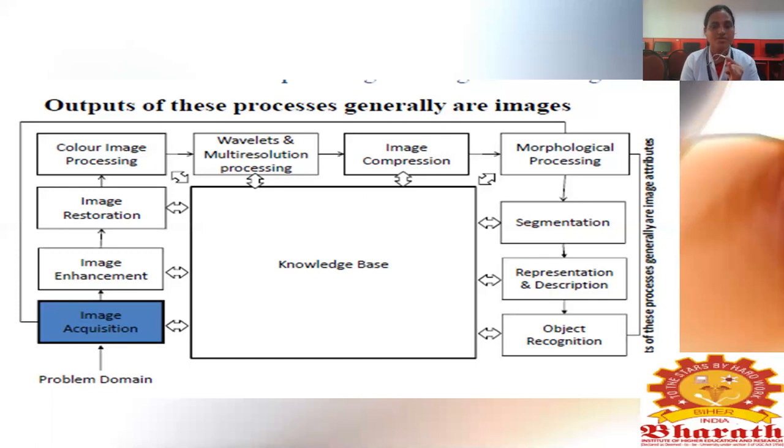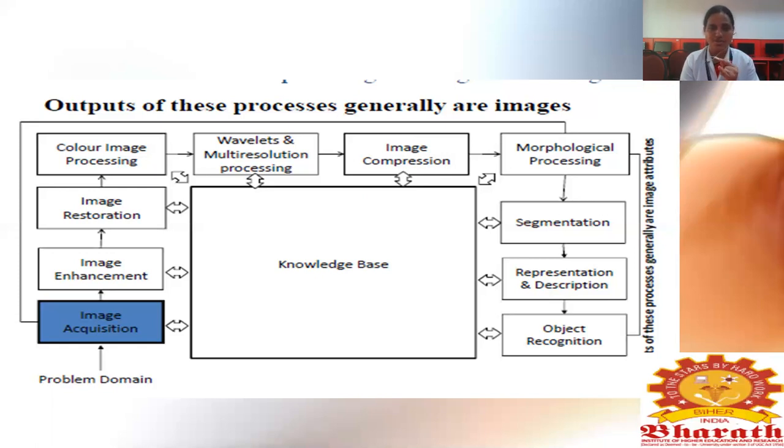And wavelets and multi-resolution processing: here you will be working on the resolution of the images. If you are viewing your image on a phone, as well as on PCs, laptops or smart televisions, the resolution should not change. When you see images on the phone and then the same images on the laptop or computer, the resolution will not change; it should look like the original image. That is wavelets and multi-resolution processing. You can go for this step when you are working on the resolution of the image.